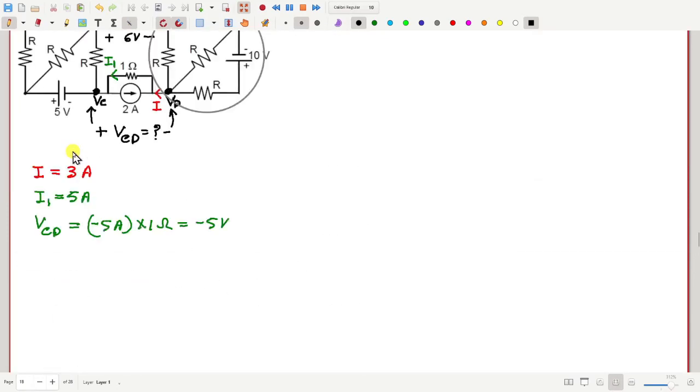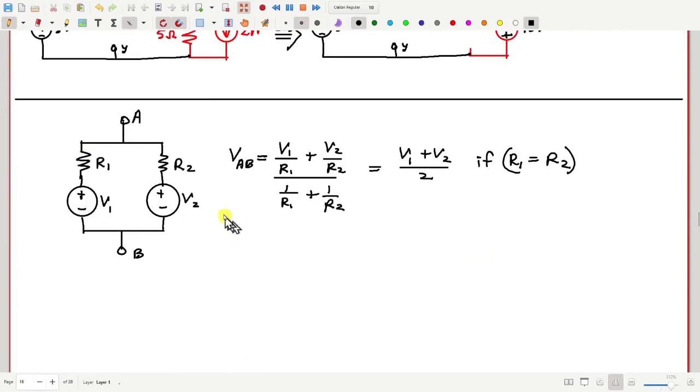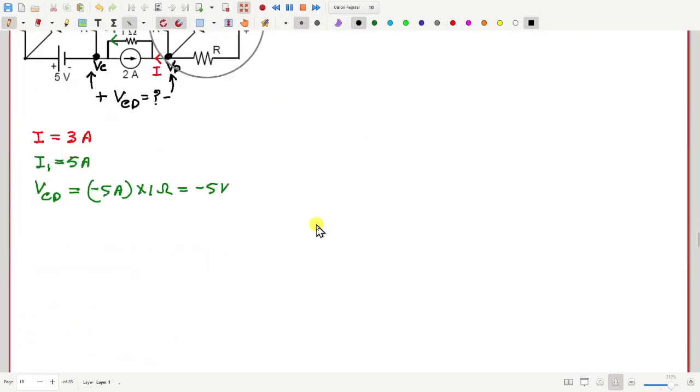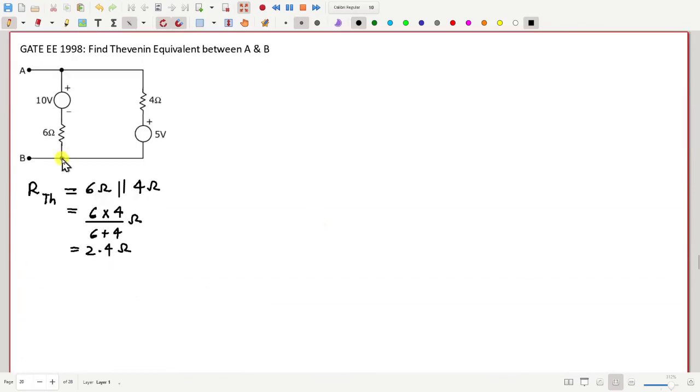this rule which we have used earlier, this thing: V1 by R1, V2 by R2, whole divided by 1 by R1, 1 by R2. So this is one way of doing this. Another way may be like this. Say for example, if I take this as the reference node, then this point is at 5 volt, and then